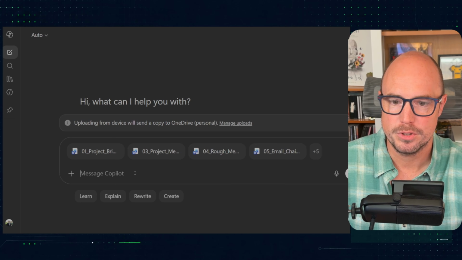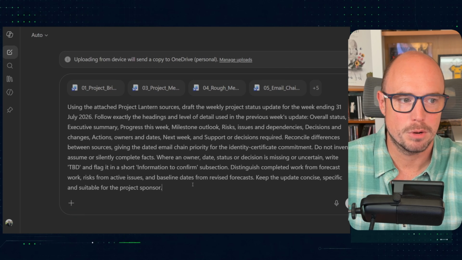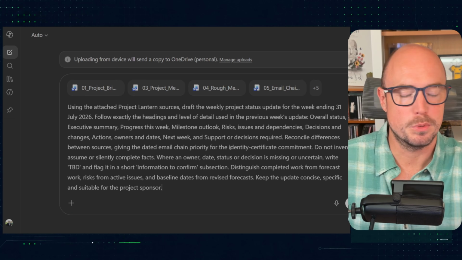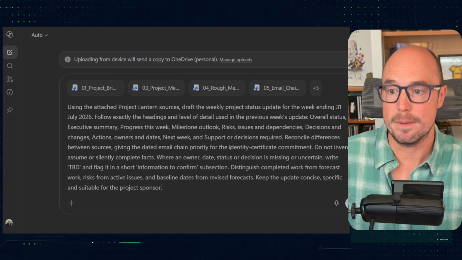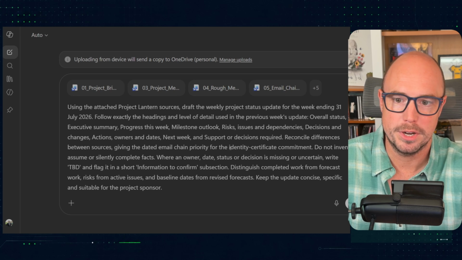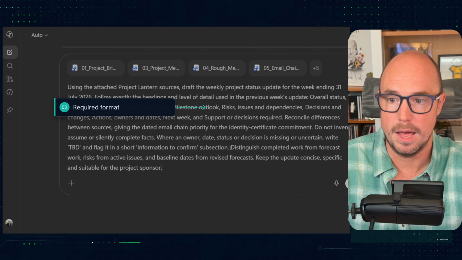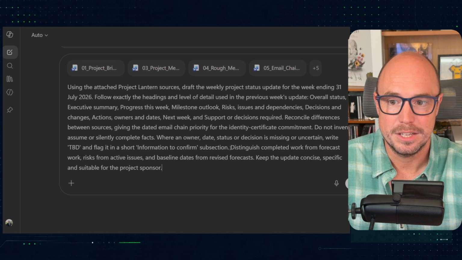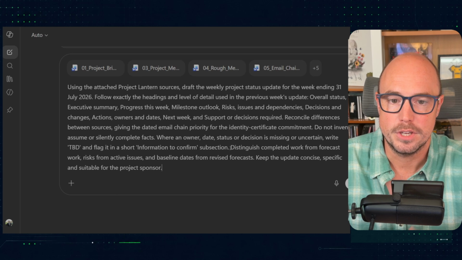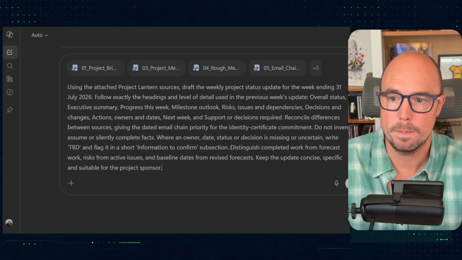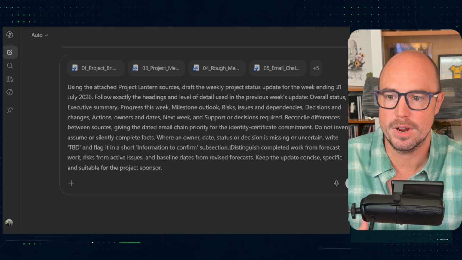I now have my prompt that I'm going to paste in. Here's one I prepared earlier. So the highlights here: I'm being quite specific in what I want, because the more specific you are, the better output you're going to get. So using the attached Lantern sources, I'm telling Copilot what I want here. I want a weekly project status for last week. It's got last week's report as well, so I want it to use that exactly, because that is the template. So use the exact format, headings and details that are in the previous report,